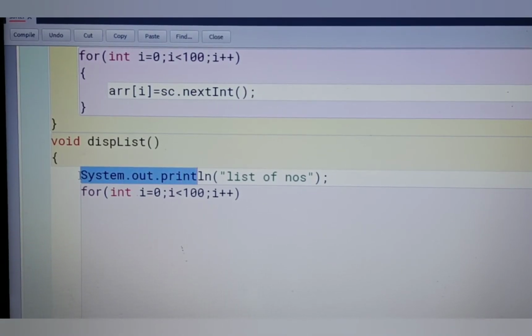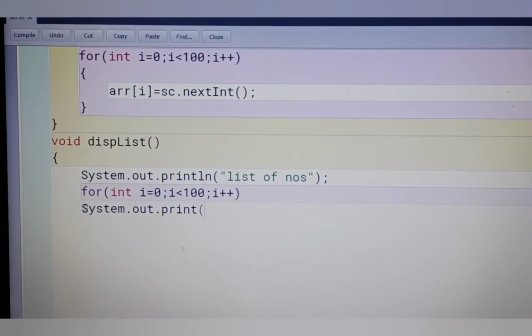Simple SOP and print array of I. Then take some space, then close with a semicolon.